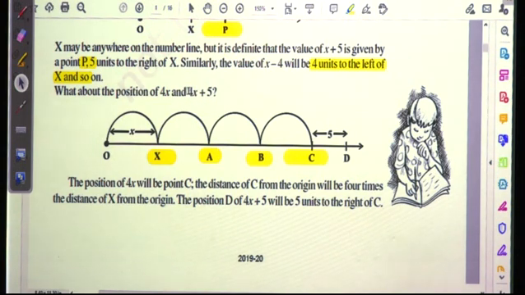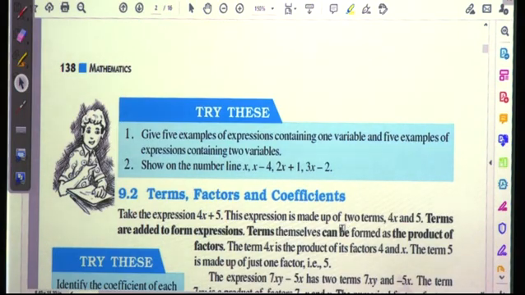Now, in 4x plus 5, we are adding 5. So the position D of 4x plus 5 will be 5 units to the right of C. What is that position D? It is nothing but 4x plus 5, and it will be 5 units to the right of C. Okay. Proceeding further,